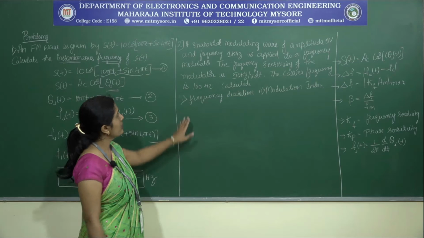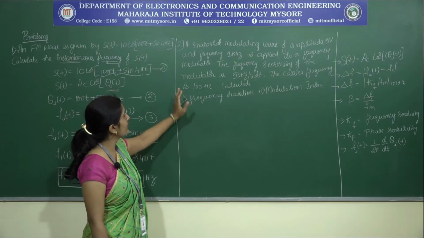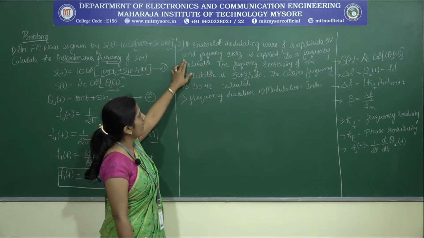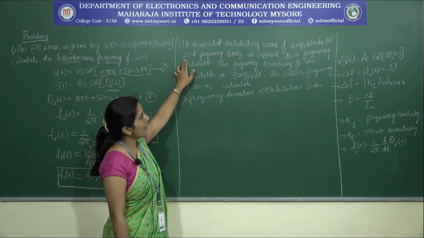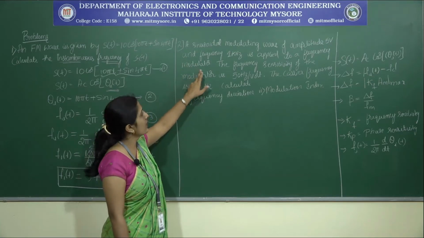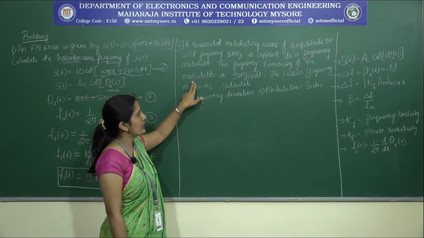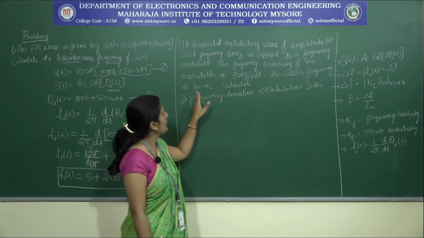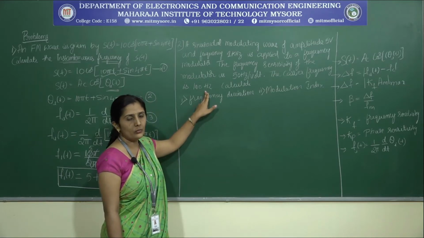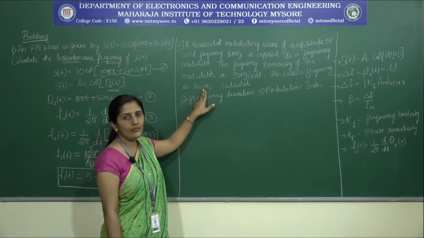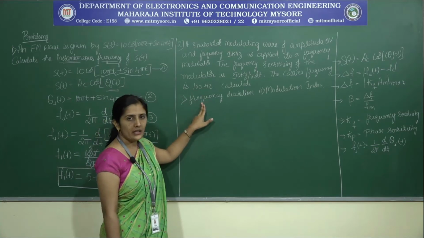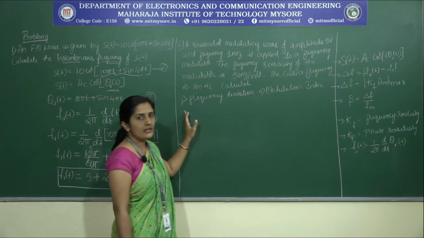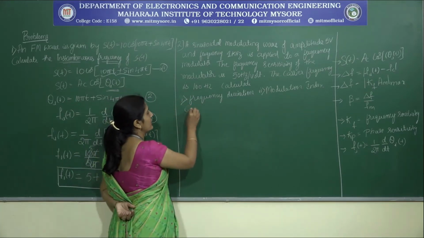Hertz. Now we have got the second problem where this goes like this: a sinusoidal modulating wave of amplitude 5 volt and frequency 1 hertz is applied to a frequency modulator. The frequency sensitivity of the modulator is given by 50 hertz per volt and the carrier frequency is 100 hertz. So by providing all this data we have to calculate the frequency deviation for the given data as well as the modulation index.